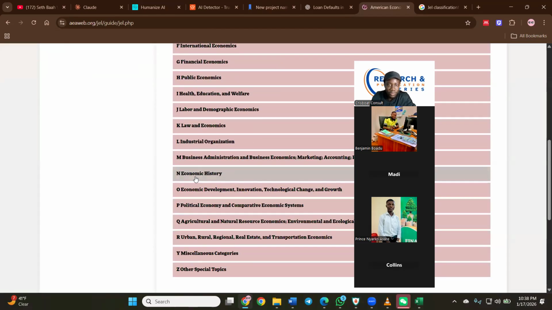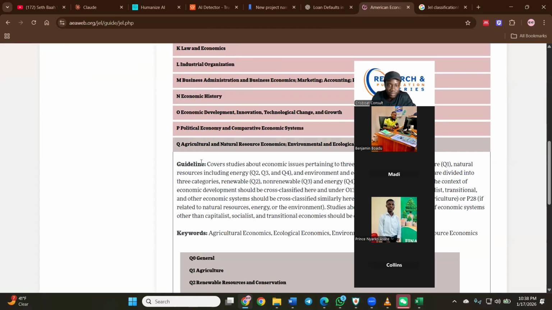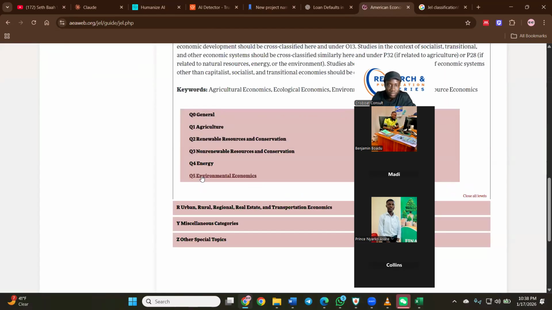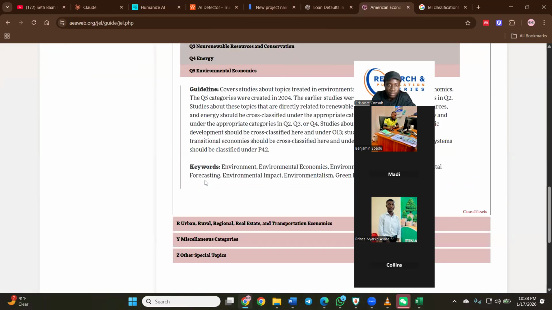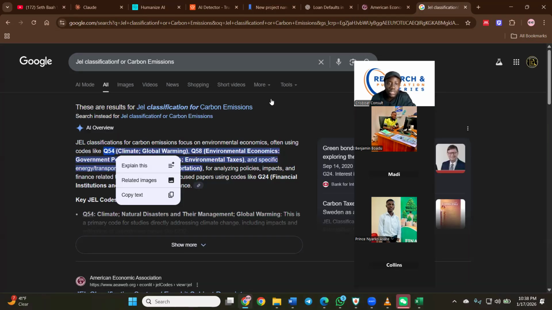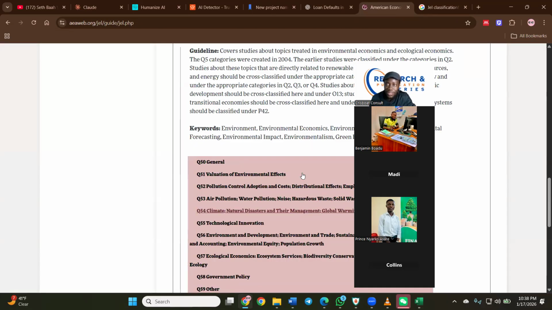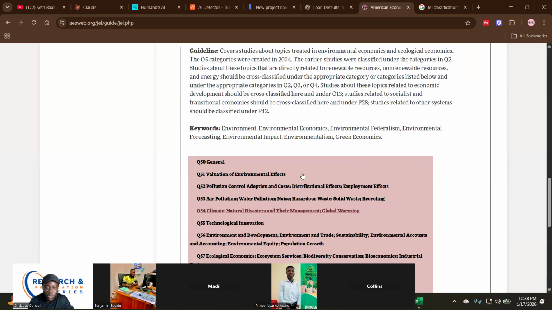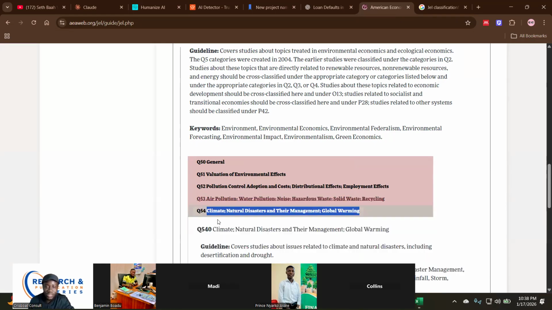So the Q classification is here. Q54. So you see Q54 talks about climate, natural disasters, and their management, which is global warming. So carbon emission is under climate change and then global warming.